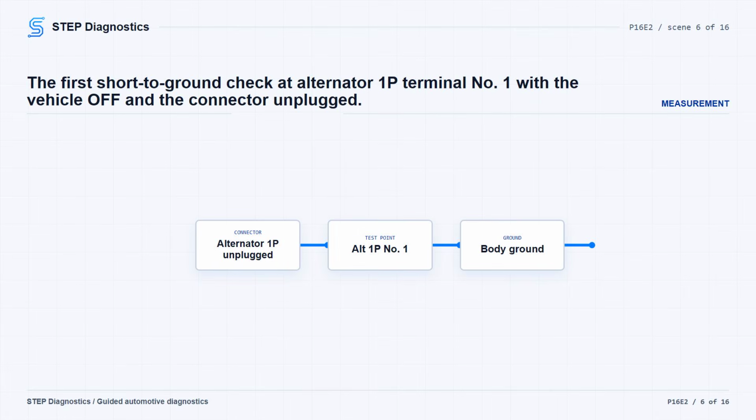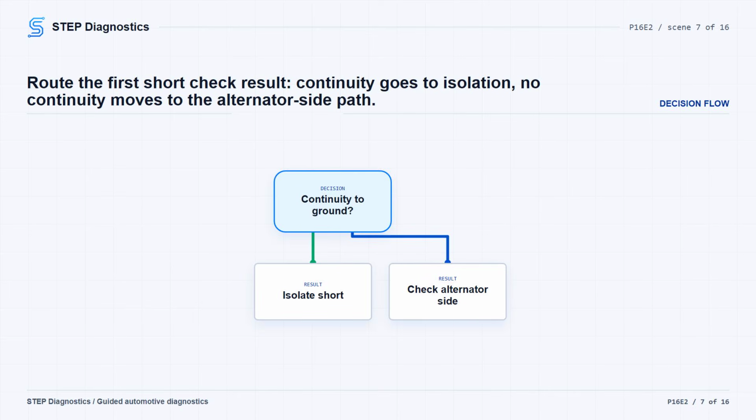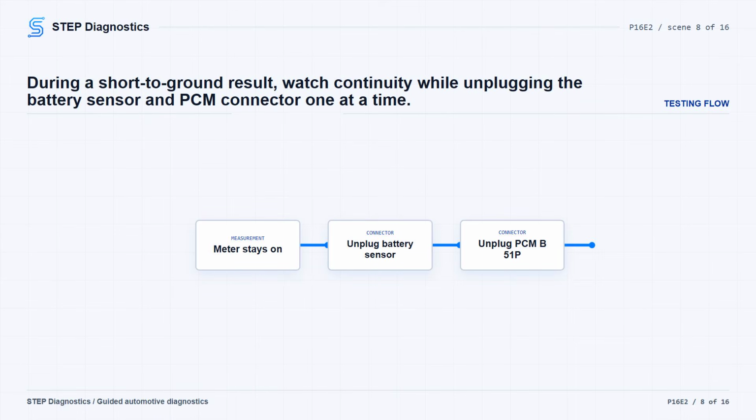For the short check, turn the vehicle to the OFF, lock mode and disconnect the alternator 1P connector. Check continuity between alternator 1P connector terminal No. 1 and body ground. If there is continuity, continue into the isolation check. If there is no continuity, move to the next failure area check with the battery sensor disconnected and the alternator reconnected. If the circuit shows continuity to ground at that point, jump the SCS line with the HDS and wait